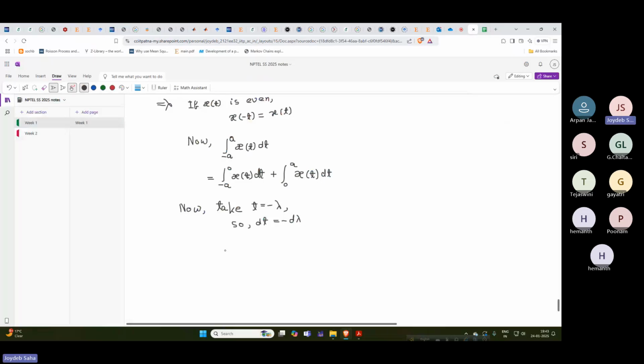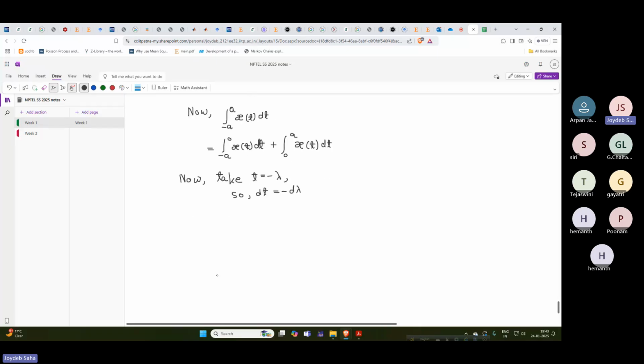Okay, is it clear? Okay, so the integral from minus a to 0 of x of t dt